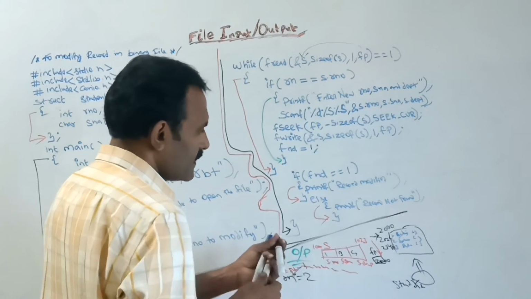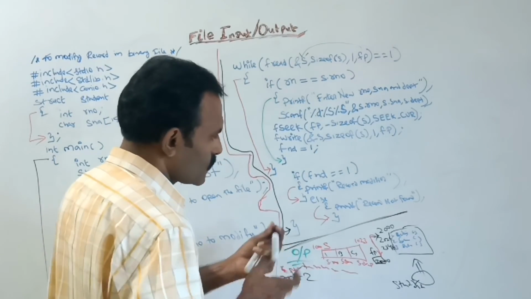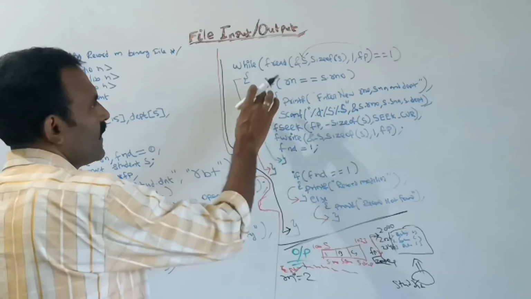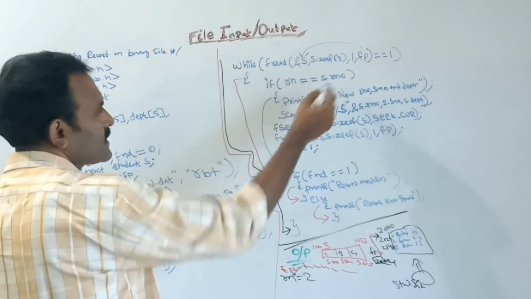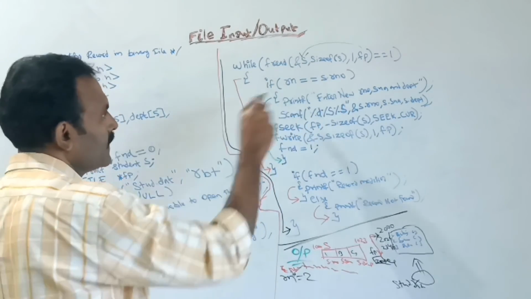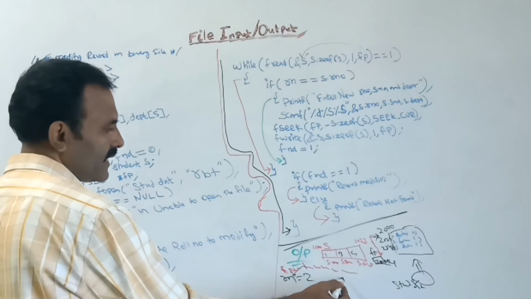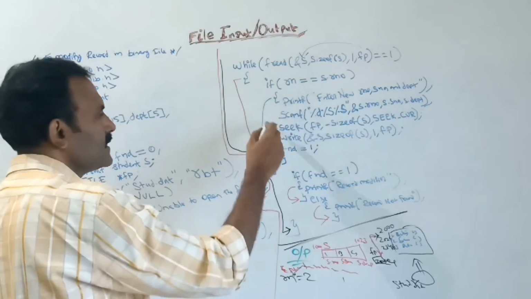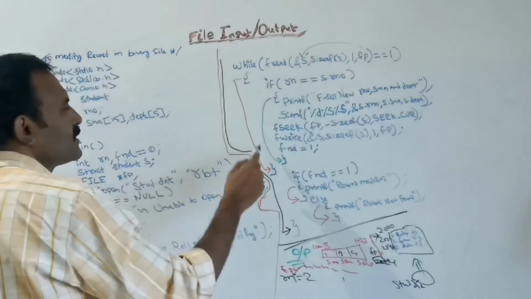Now currently the file pointer has the address 2024. Now I am checking this S. The variable inside S, that is s.rno, what is the value? 1. Is it equal to the given value or not? The given Rn value is how much? This is 2, but the s.rno value is 1. So it is not matched. Once it is not matched, the statements inside this if will not work. It will just skip this one.